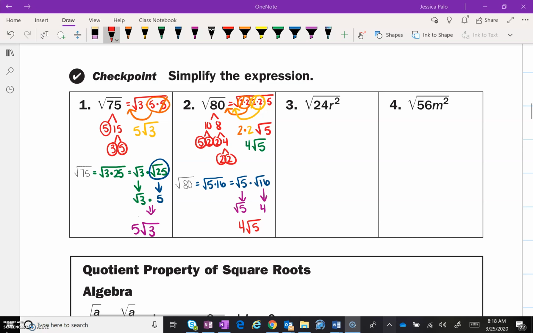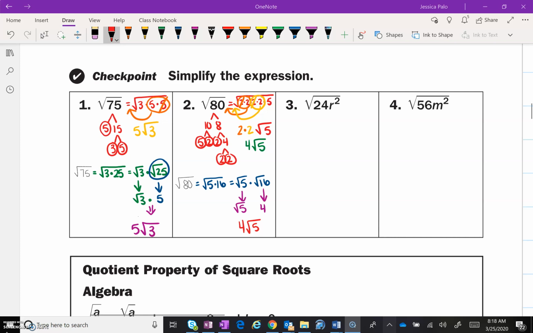You could also use the perfect square factor method. 75 could also be broken into 3 times 25. When you give each of them their own radical, radical 3 stays radical 3 because it cannot be simplified. Radical 25 is a perfect square, so that becomes 5. Using the commutative property, you get 5 radical 3. 2 methods, same answer. Number 2, radical 80, using prime factorization, can be broken into 2 times 2 times 2